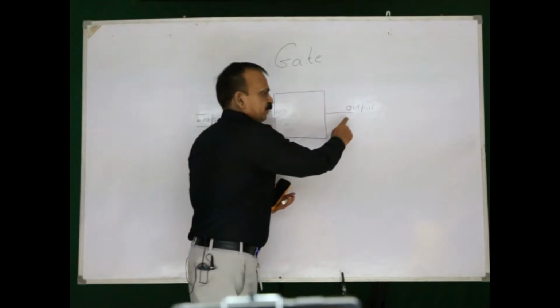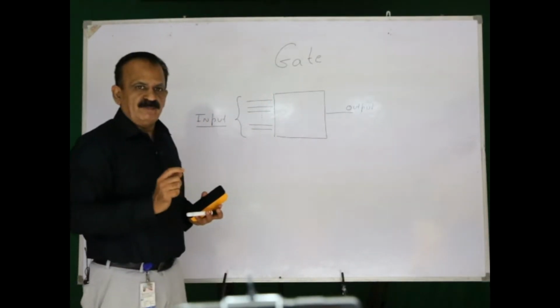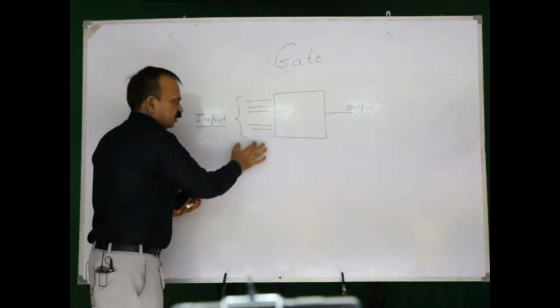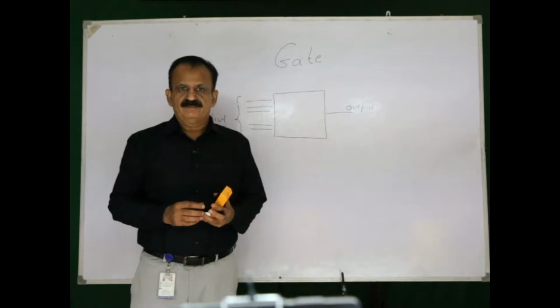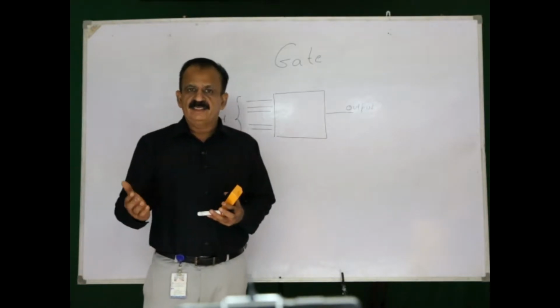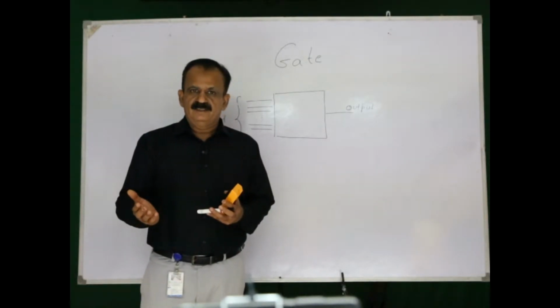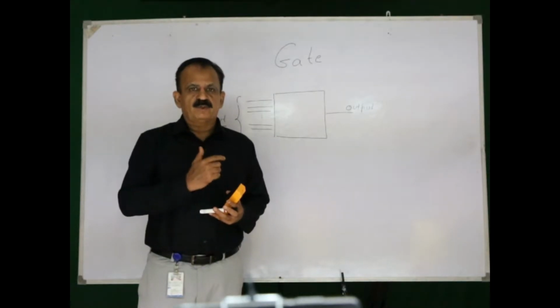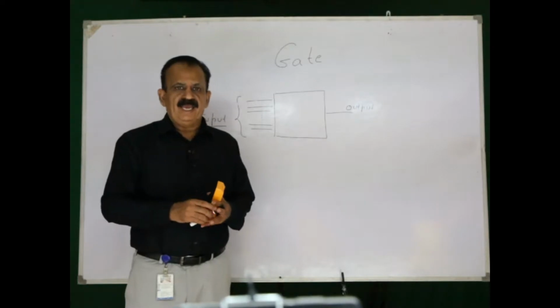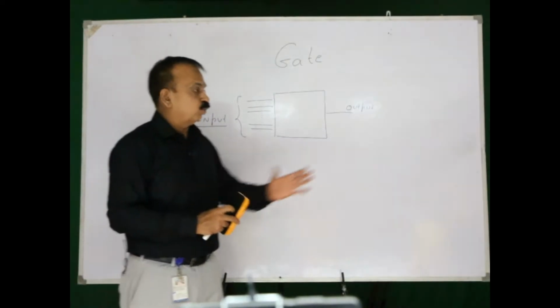This output will not be high every time. It will be high for some combinations of input. The question is which combinations? These combinations will vary from gate to gate. So, depending upon the type of gate, these input combinations will vary